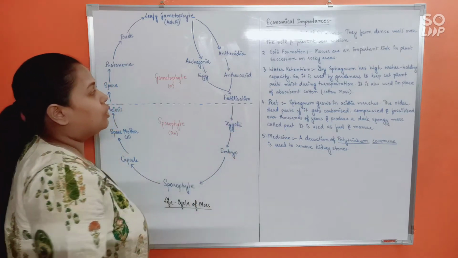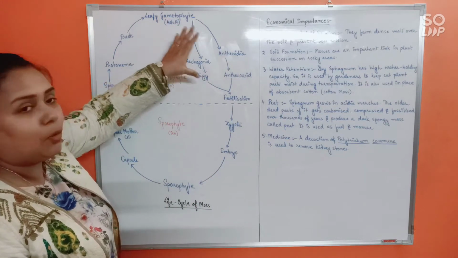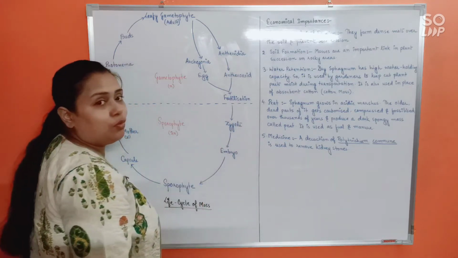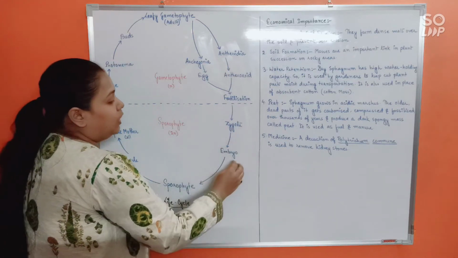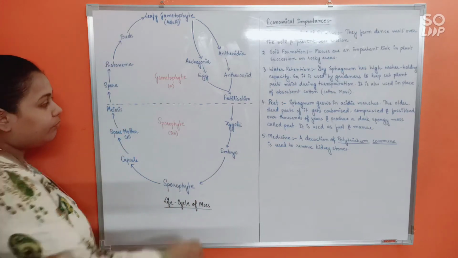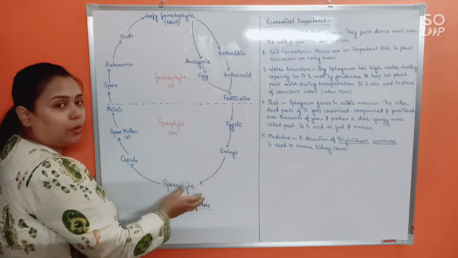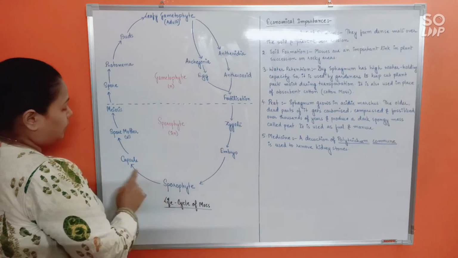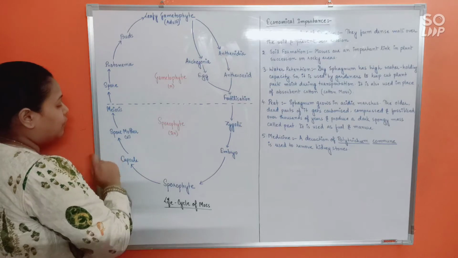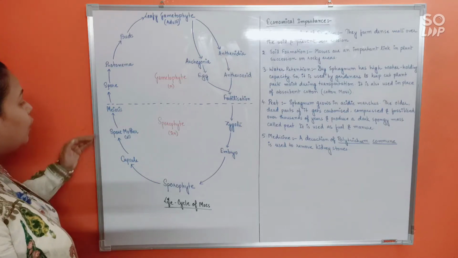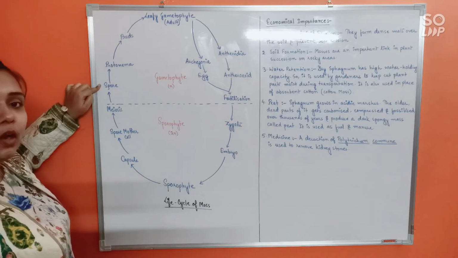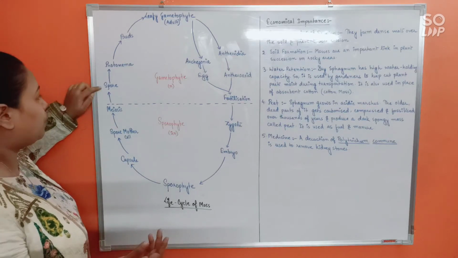Due to fertilization, all this while it was haploid, right? Now, by fertilization, a diploid zygote would be born, and the zygote will develop into the embryo, and the embryo will give rise to the sporophyte. All this is again diploid, right? The sporophyte will eventually give rise to foot, seta and capsule, and within the capsule will remain the spore mother cell, which will undergo meiosis, right? Giving rise to a now haploid cell, the spores.